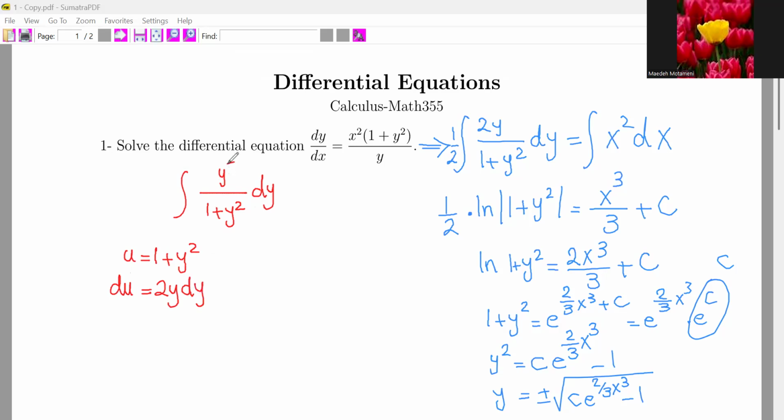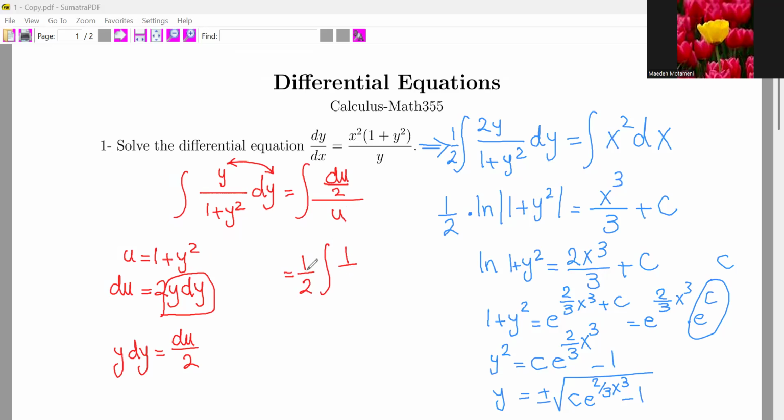And since we have y dy here, we can say that y dy is du over 2. So the integral would be written as du over 2 over 1 plus y squared, which is u. So we would have 1 over 2, the integral of 1 over u du,